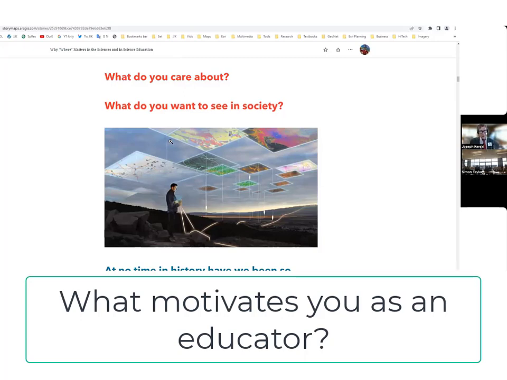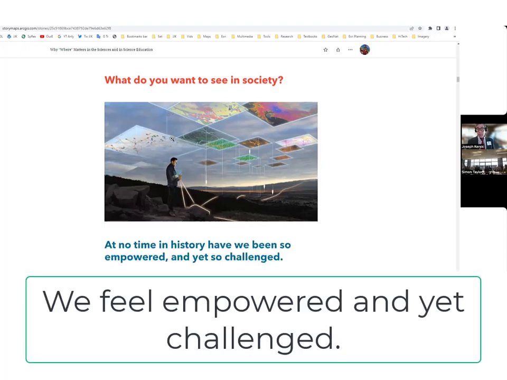What do you want to see in society? Geotechnologies, it's not just a great career path for students. If they become a wildlife biologist or a city planner or a health official or a social worker, they're going to be asked, hey, can you develop a web mapping application that does this? Oh, yeah, I know how to do that. So it's a great career path. But more importantly, even than that, it is a way for us to use technology for good, to use technology to build a better world. And that's exactly what your local and regional government authority is doing, what your nonprofit agencies are doing in New Zealand and beyond. They're using these same tools to build more resilience.